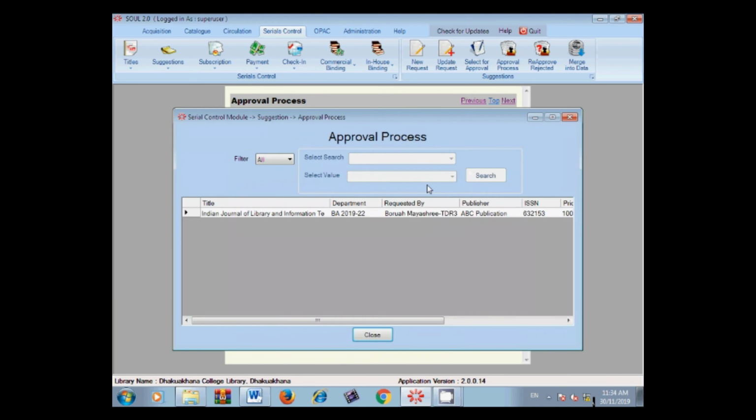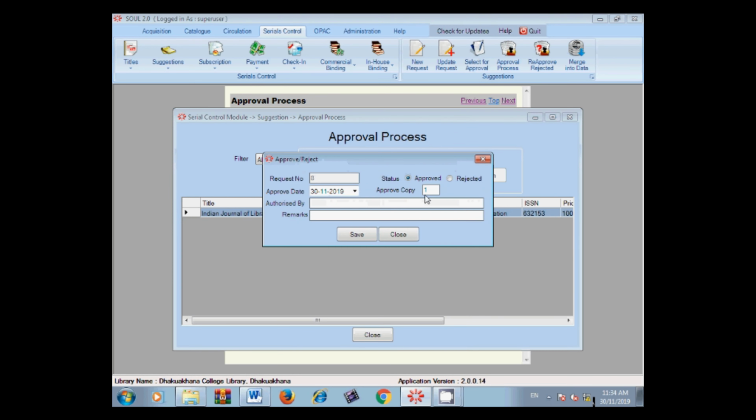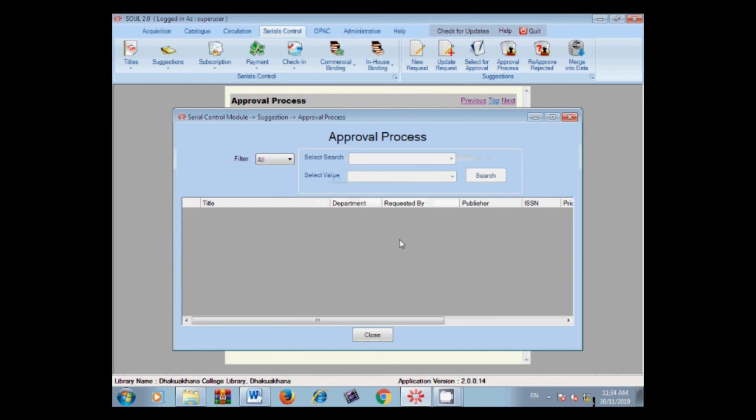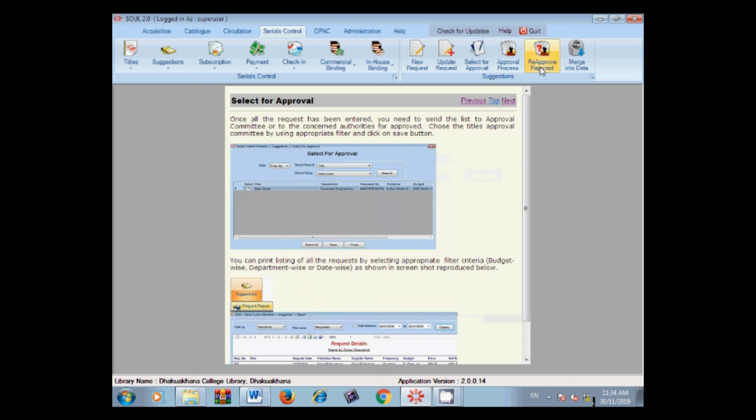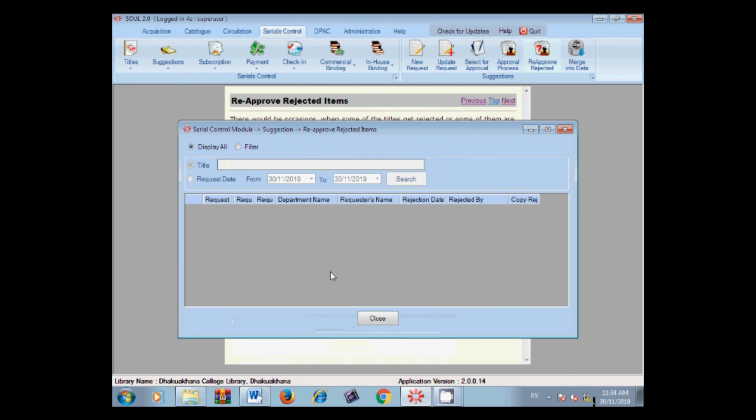It is approved by the library committee. If it is rejected, then you write the rejection list. You click on the reject menu. Otherwise, you put approved and you just save it. Suppose it is rejected, then there is another option. You will see re-approved and rejected. You can go another way, but since we have already approved it now, what we have to do is